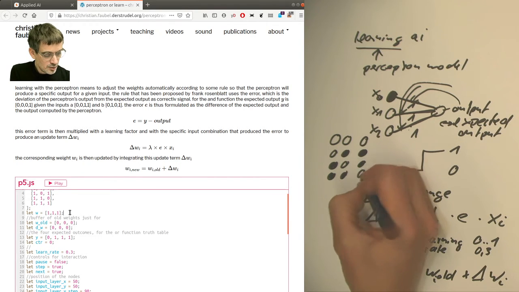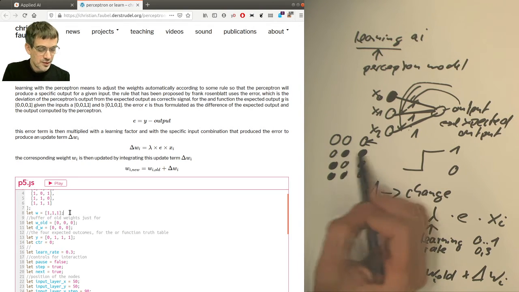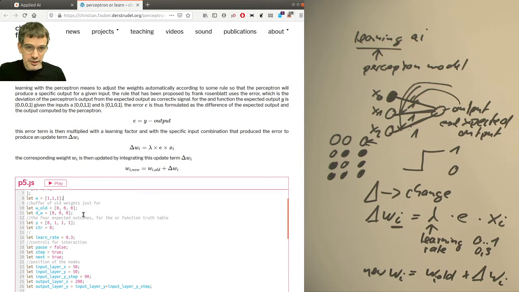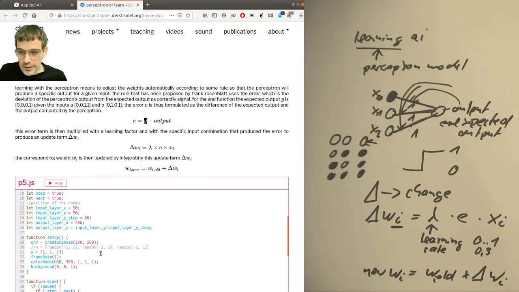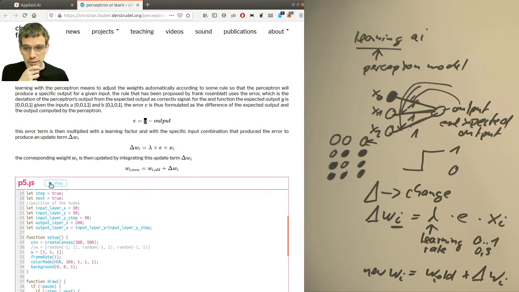For the OR, this first 0 here is not going to work out with the weight setup like this. So I've chosen it so that the network actually has to learn something. And then here, this is an important part of the code. Here we define what we expect the network to produce. This is our y. And the rest, here you have the learning rate, and the rest is just controlling the setup of the program. So if I start the program,